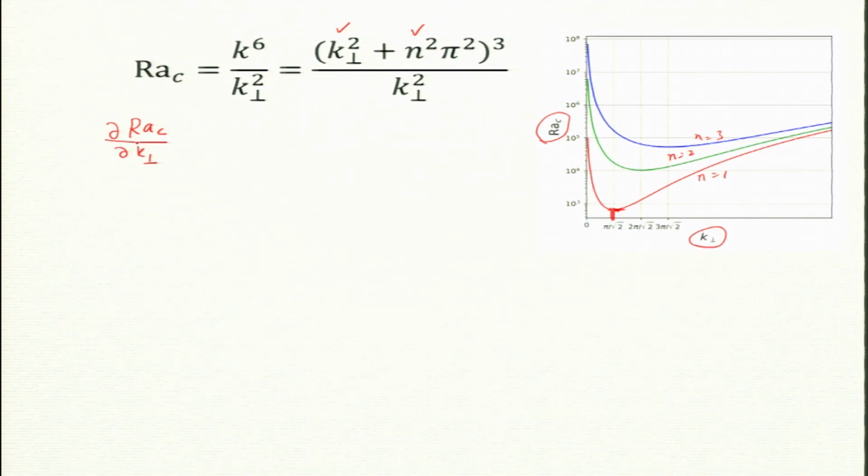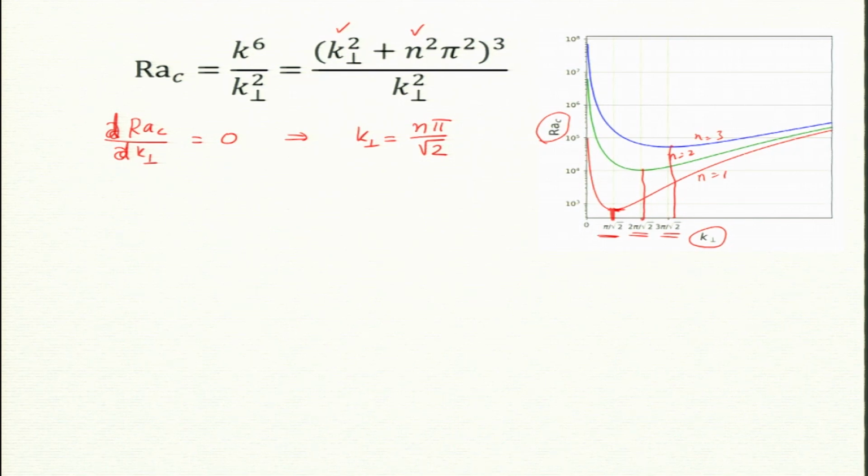It is easy. I fix n and do this. Since n is fixed, I can take the total derivative and set it equal to 0. This is only a set of algebra, and it gives the condition that k_perp is n pi by root 2. In fact, from the figure you can see pi by root 2, 2 pi by root 2, 3 pi by root 2, these are minima. So, n equal to 2 is here, n equal to 3 is here. The figure does not prove it, but you can easily show it from this derivation.